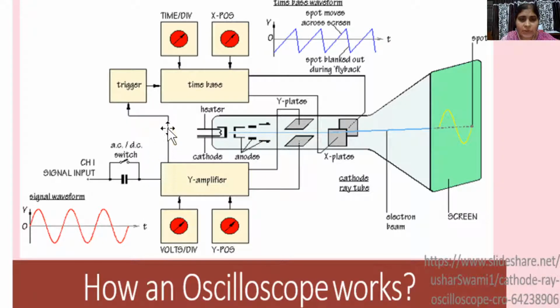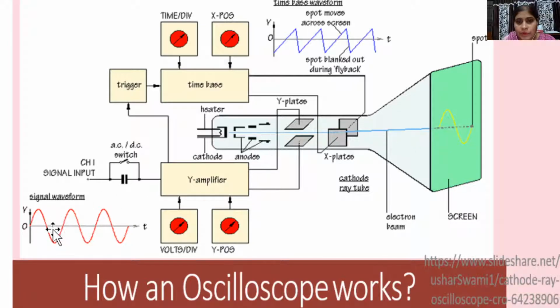As soon as this input signal arrives at the input of the trigger circuit, the output of the trigger circuit feeds the time-base generator. So the time-base generator will start generating the sweep signals, and these signals go to the horizontal deflection plates or X plates. Now from here, the electron beam is continuously emitting and moving towards the screen. If there is no field, the electron beam will move straight and strike the center of the screen of the CRO.